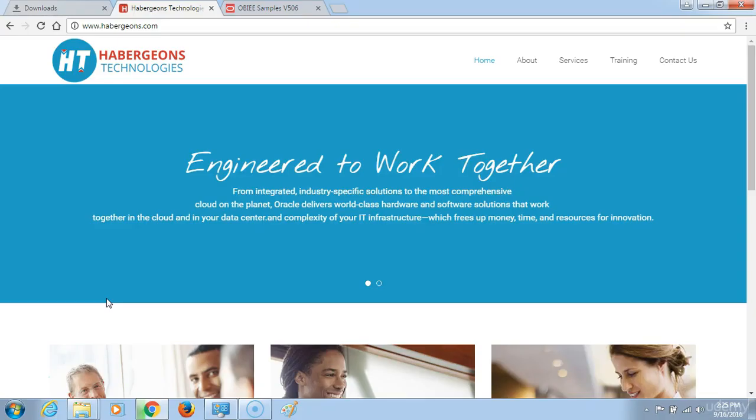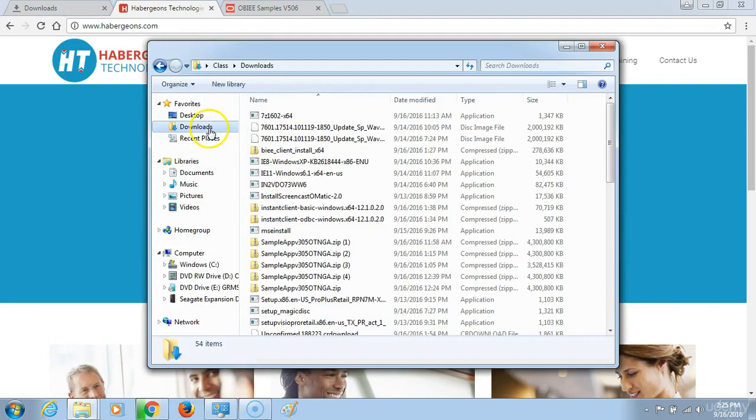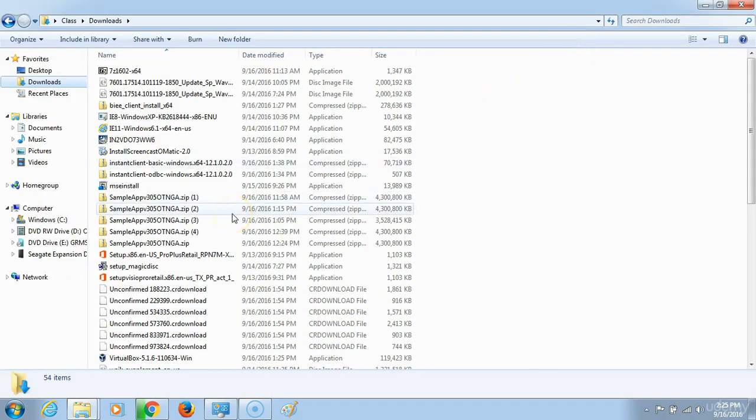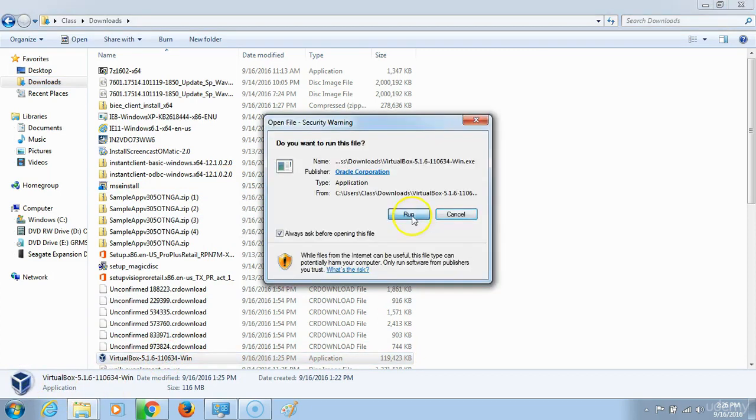Now, to begin the installation process, let's go to the downloads of my computer. This is the entire list of items that have been downloaded so far. We will locate the VirtualBox, double click on it, click on Run,